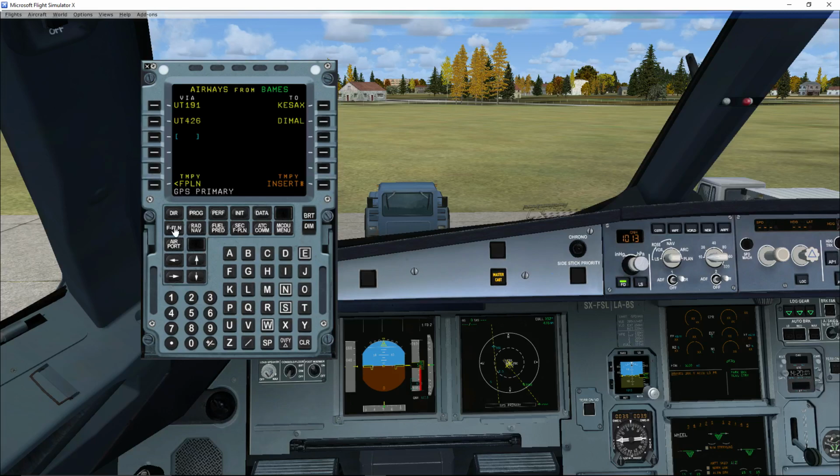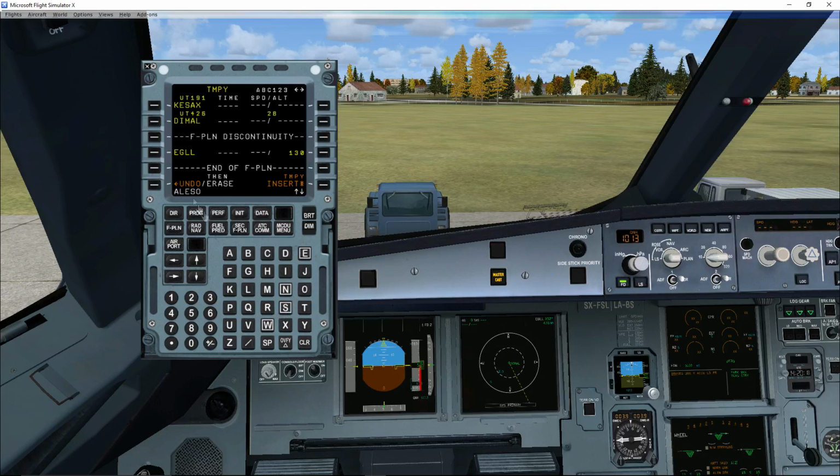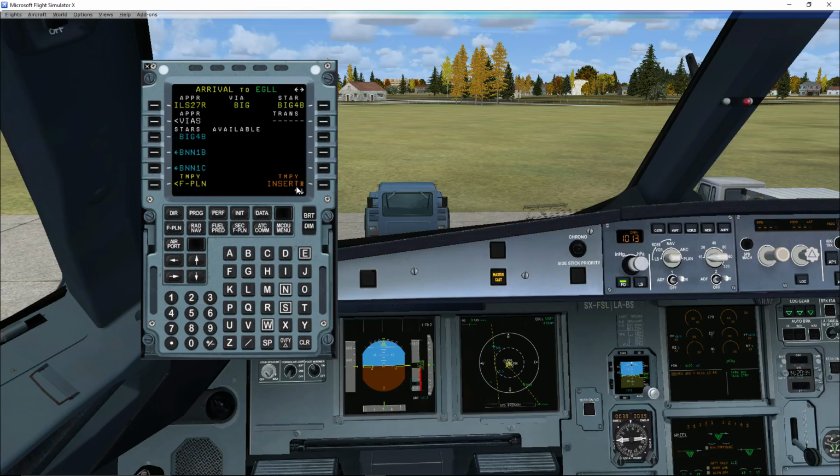Okay, and then going back to temporary insert into the flight plan, and then from Dimal it's Alesso, which goes there. Then what we want is EGLL arrival. It was 27 right, wasn't it? ILS 27 right, and we're going to go through Big 4 Bravo